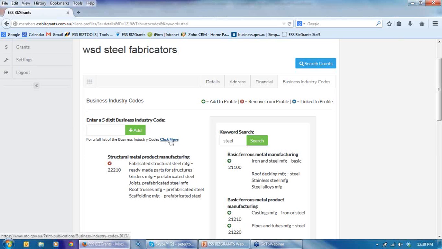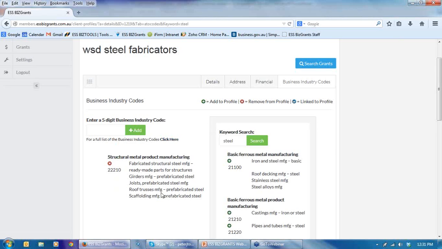If you're unsure of the code, if you click here, that would take you to the list of the Australian Taxation Office's Business Industry Code, which I'm sure you're all familiar with. You have an alphabetical list, and then you have a list in the various industries under the major classifications, and there are 18 of those, whereby you could find the code and insert it. You can obviously do that if you wish, but we've now identified the code that applies to this type of business.